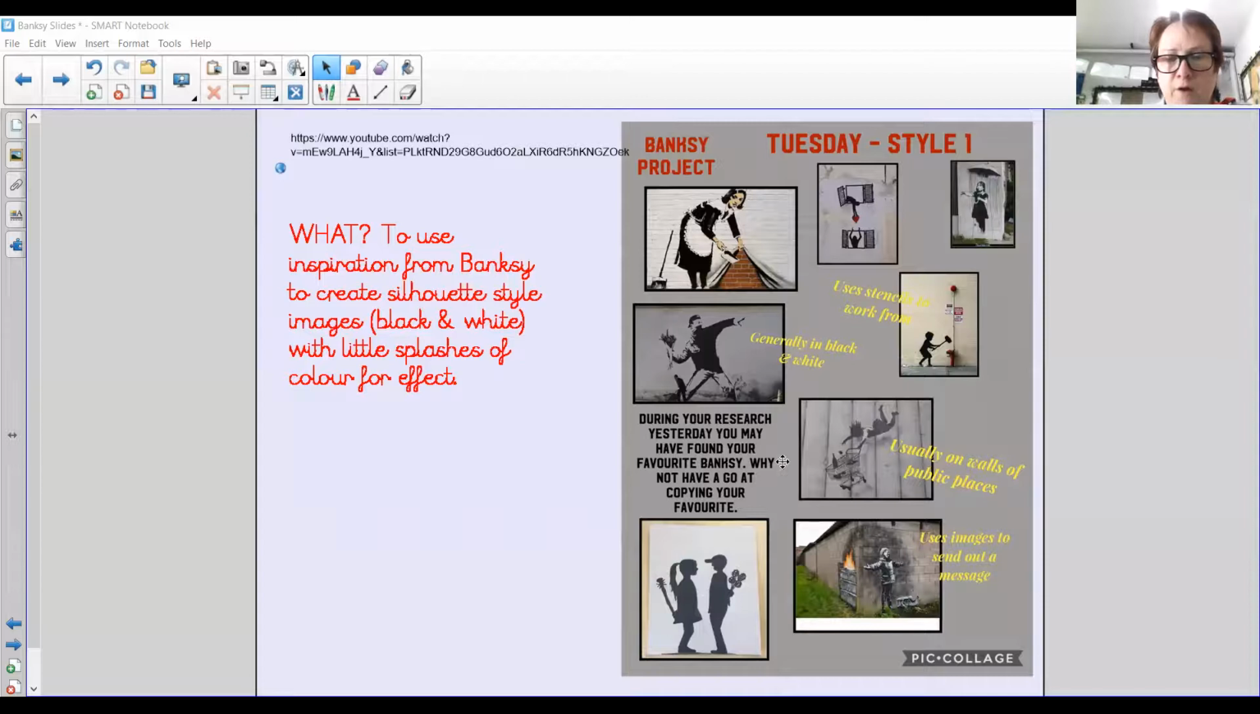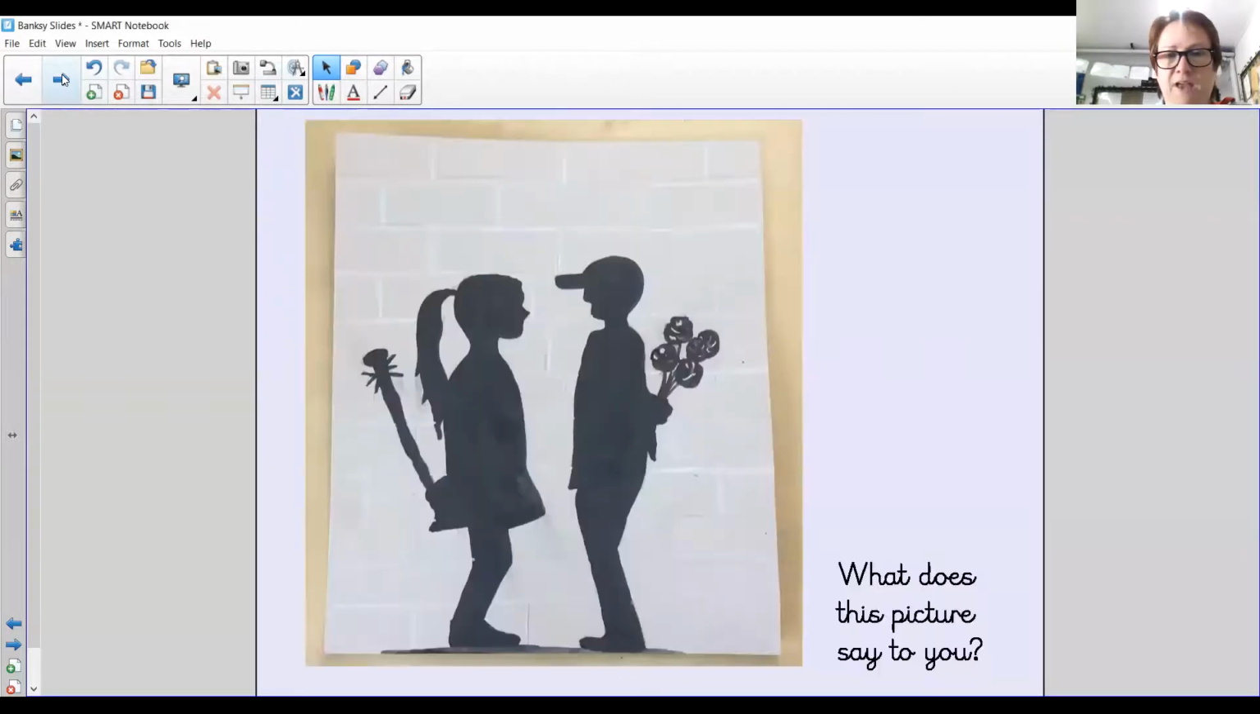And you saw that there was mine that I did last year. I'm just going to show you the picture of it again. So I did it on the back of an old cereal packet, recycled that. I did a brick wall and then I did my 2 silhouettes. I haven't got any colour. I could have put the colour on the flowers here, but what does this picture say to you? Makes you think. Anyway, have a go and upload your images,